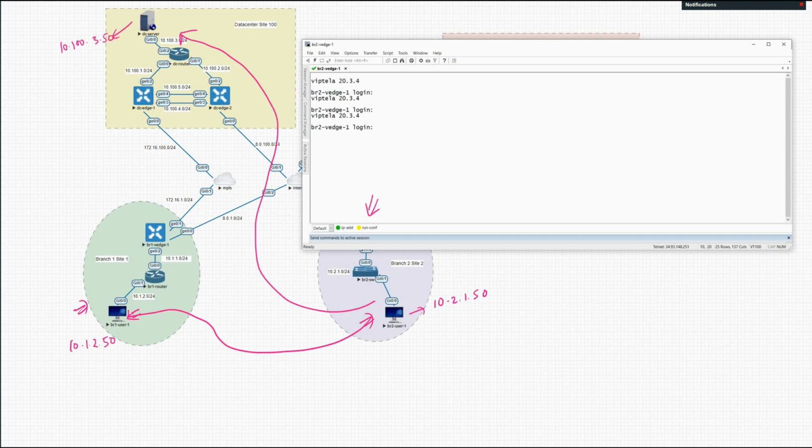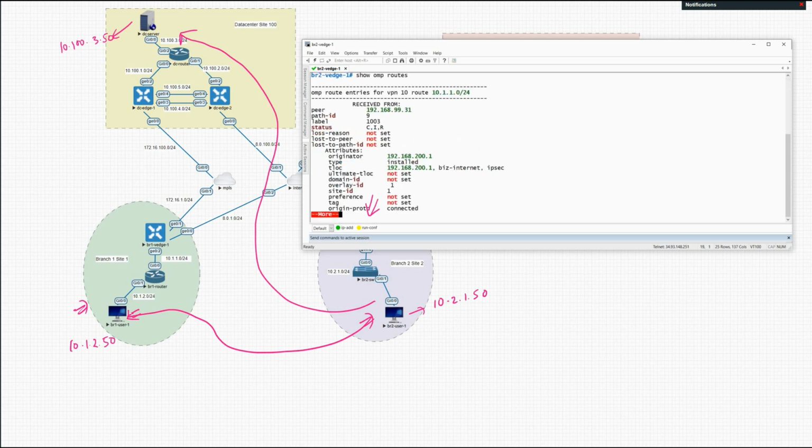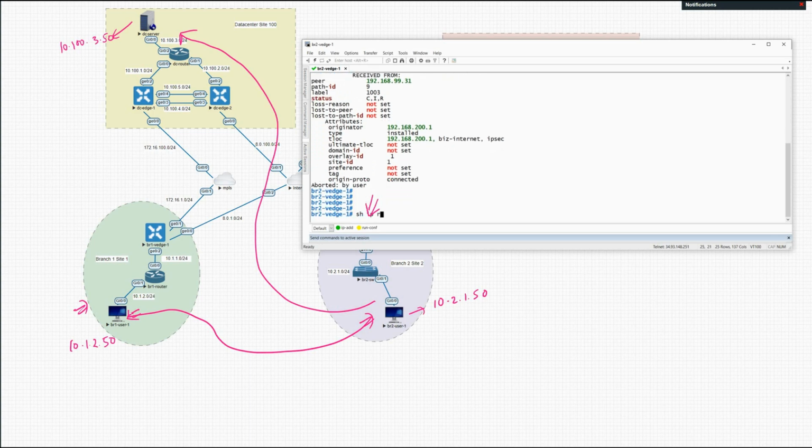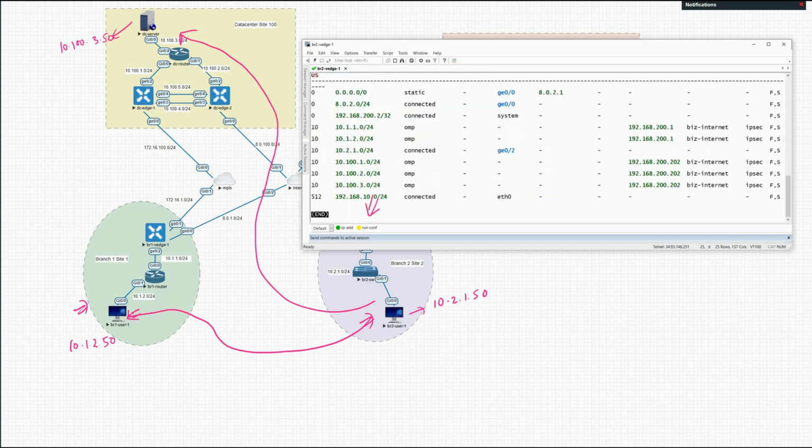And if you can see here, I'm logging into my branch 2 router, and then the password. First, let's check whether we have the route or not. Show OMP routes. Okay, this is not a good format. Let's see show IP routes. That's fine. Okay, so if you can see right here, we have routes from branch 1 as well